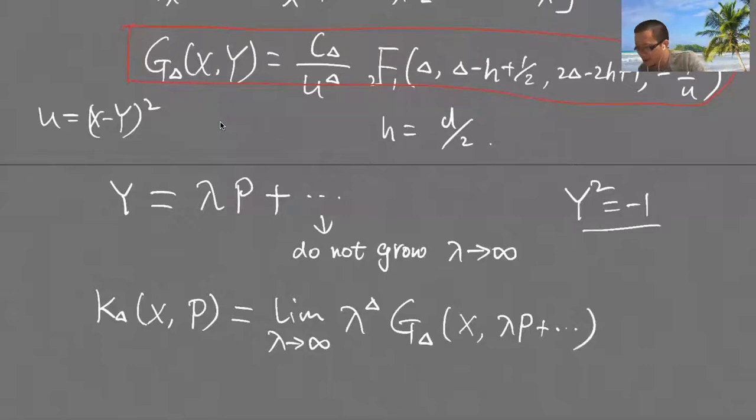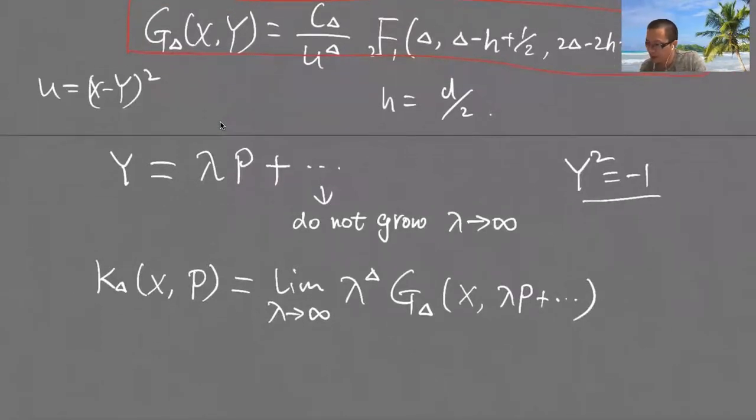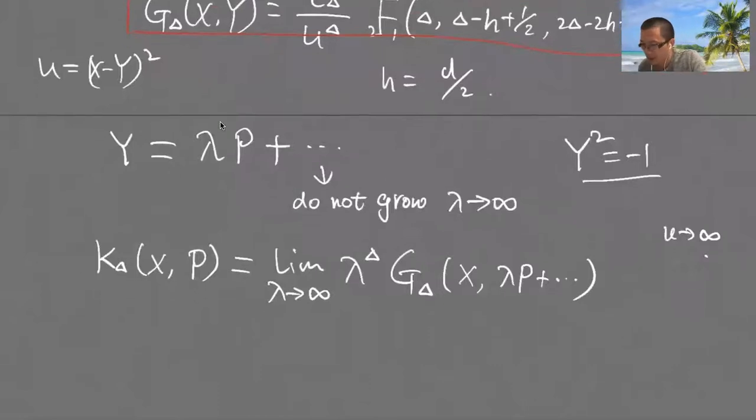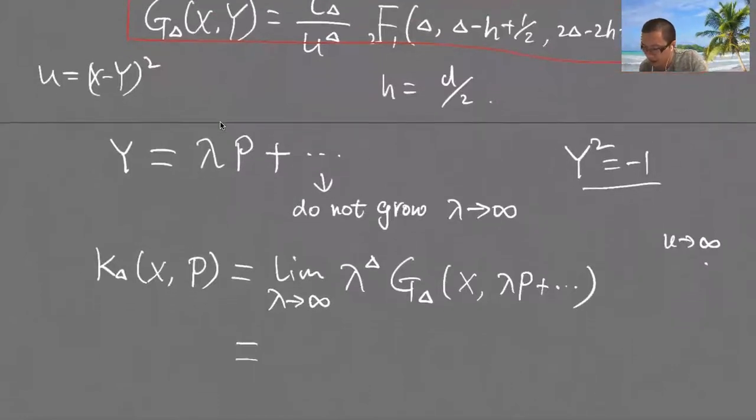So in this limit, it's easy to see that u basically goes to infinity. Therefore, the argument of the Bessel function goes to 0. Therefore, the Bessel function equals 1. Then you can see that this is simply given by c delta divided by